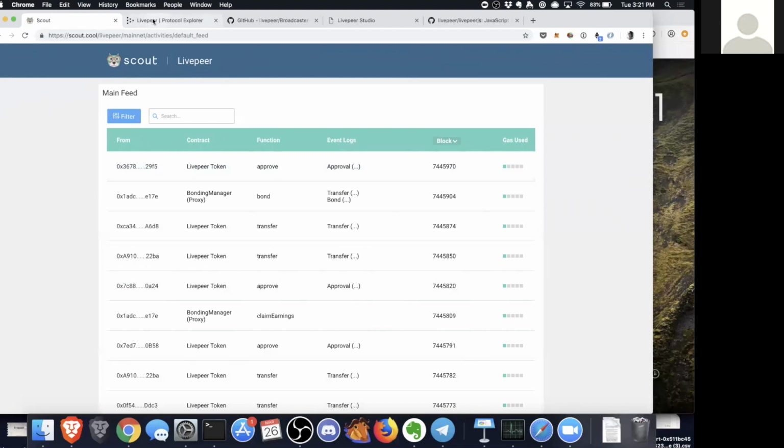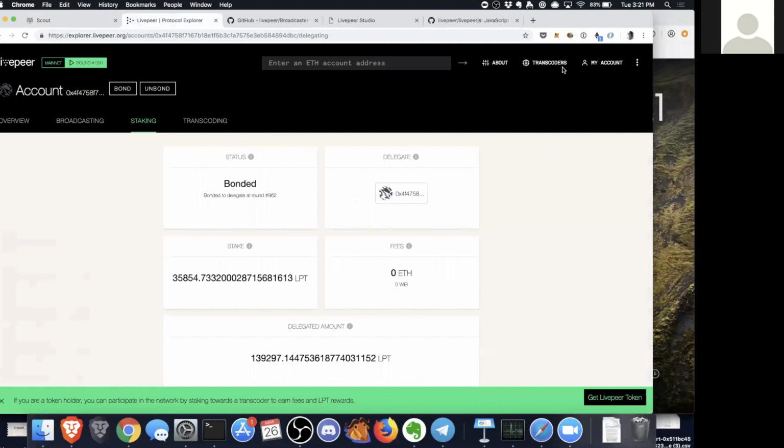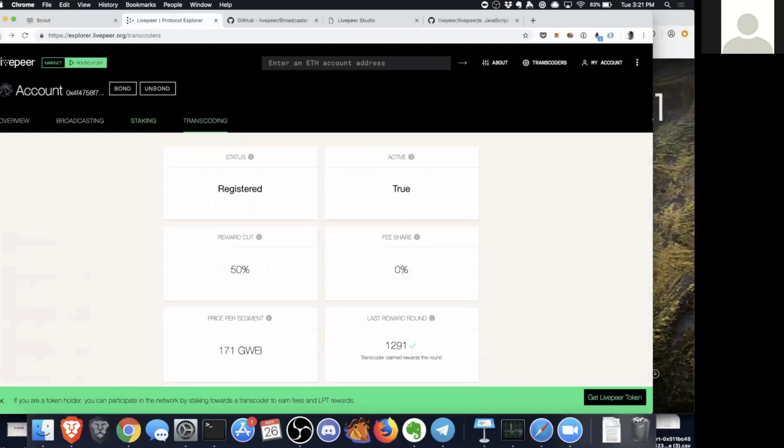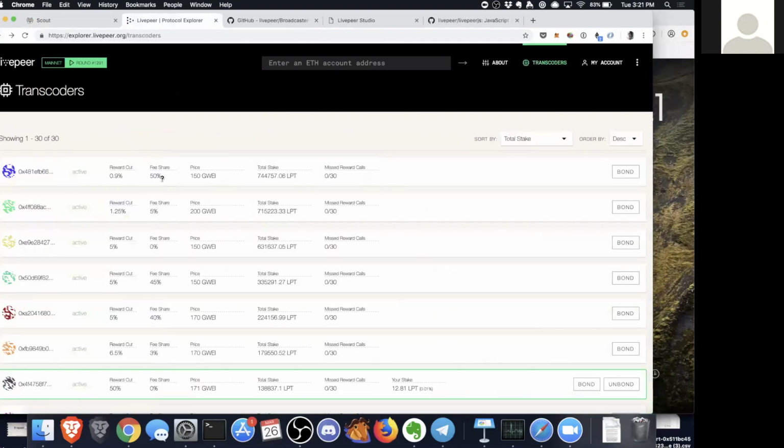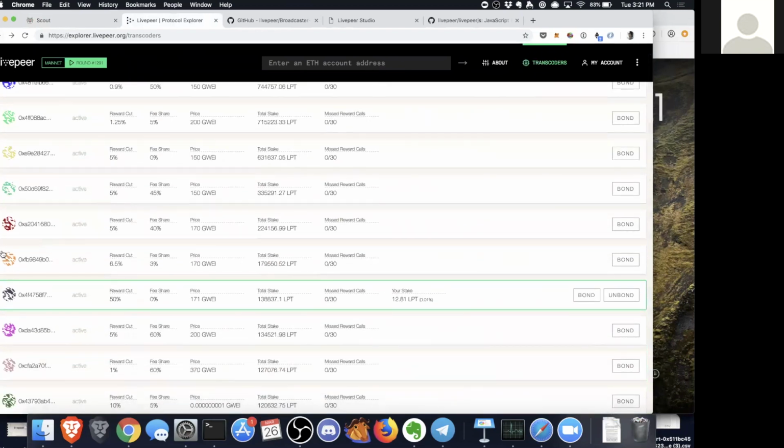And it's funded through this really nice mechanism called inflation funding, where that application is actually one of these nodes running on the network, and they fund themselves through this reward cut commission, where they get to keep a percentage of the inflationary tokens that are delegated, and they use it to fund the development of their own application.